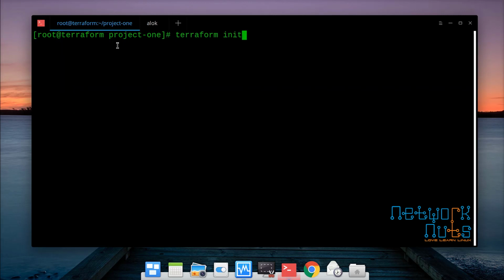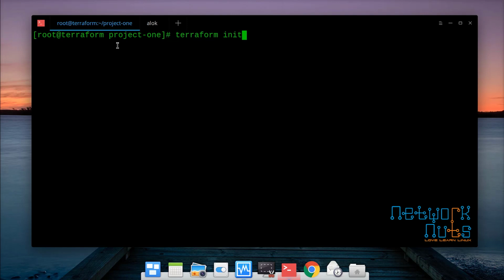Now what will happen? The moment I give Terraform init, Terraform goes to the internet and fetches additional binaries. These binaries are known as dynamic providers. In my case, the provider is Amazon Web Services, right? My cloud platform is AWS, so that is my provider.